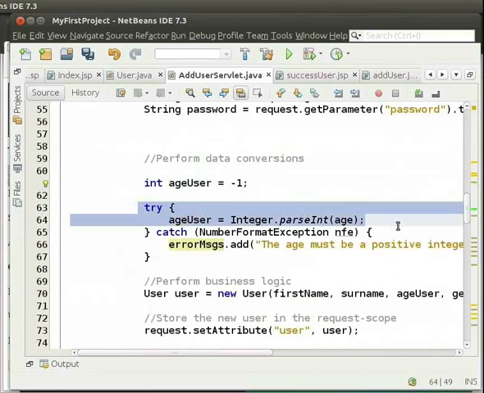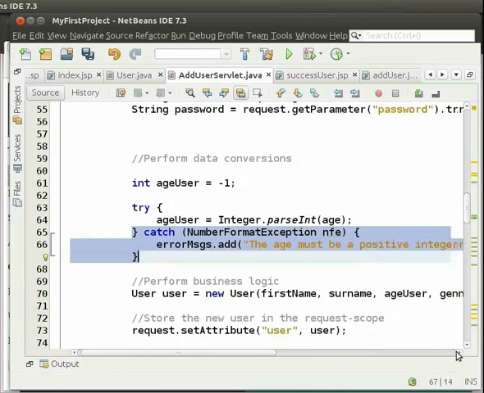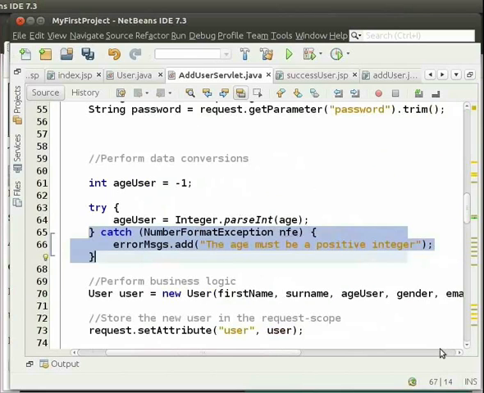This will return an integer given a string representation of a number as input. So here we validate that the age field contains a valid positive integer. If the validation fails, then we add the error message to the error messages list: the age must be a positive integer.